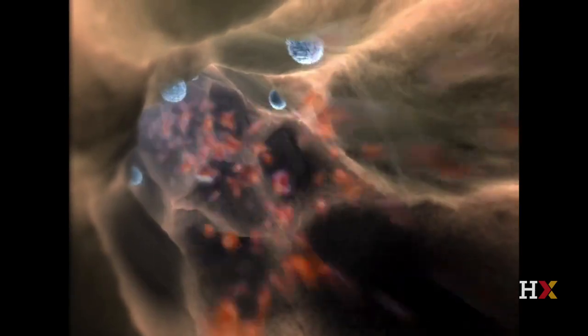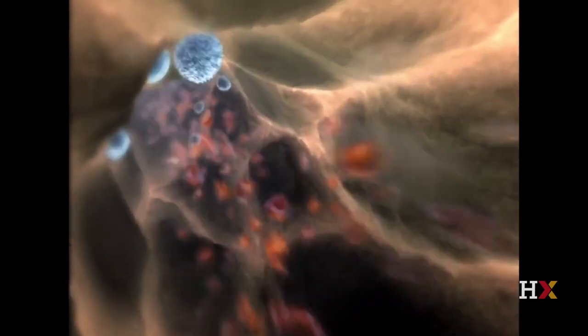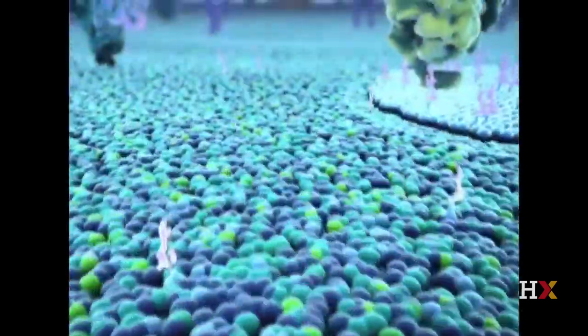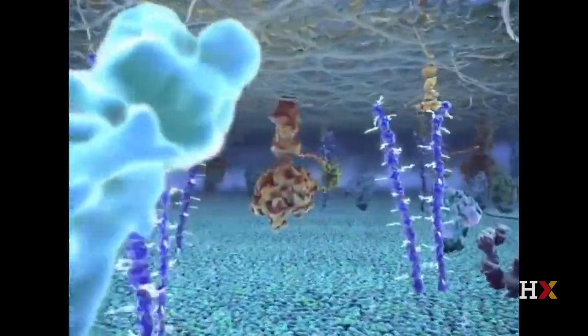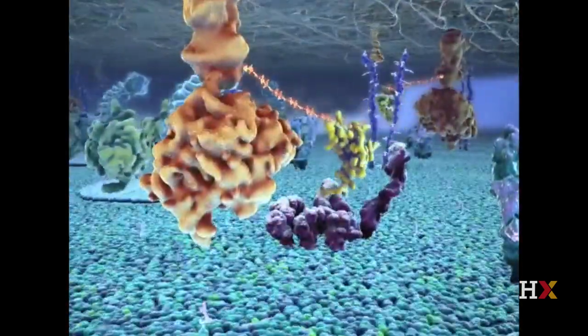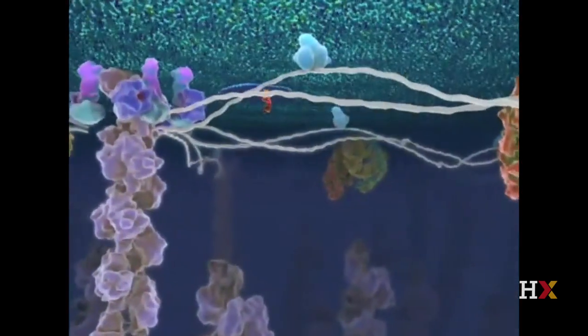Here we see cells flowing through the bloodstream, but let's focus on this rolling macrophage that sticks to the endothelial cells that line the blood vessels by adhering to proteins. It's almost like molecular Velcro. The surface of the cell is remarkably dynamic, with membrane proteins that form connections with other cells and respond to